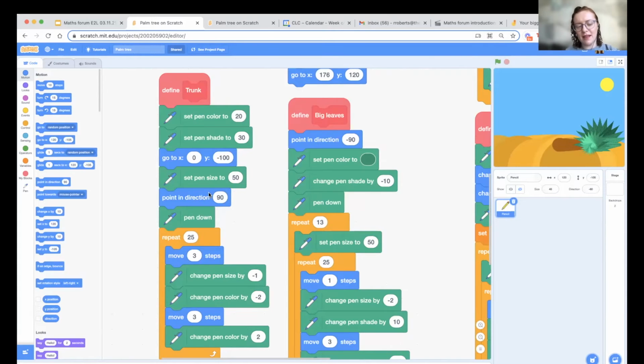Now that might not seem like it means too much, direction 90, without any context of what it is 90 degrees in comparison to. But if you click on the number 90, you can see the way that direction works in Scratch. If you imagine it, it's sort of like a clock face, and 12 o'clock is 0 degrees. Any number that you see on direction is in relation to that 12 o'clock. So 90 is 90 degrees clockwise away from up, which means that 90 actually just means point to the right